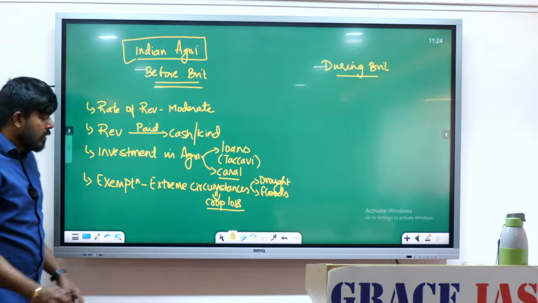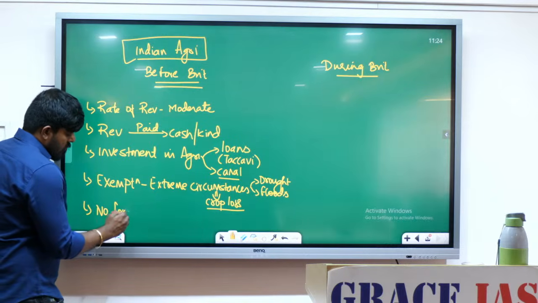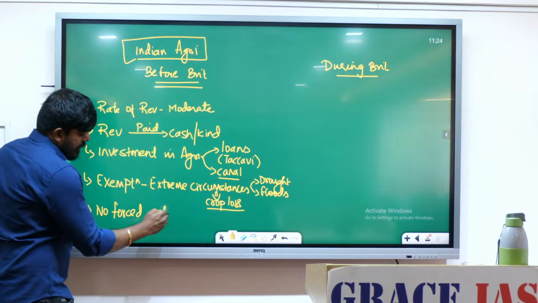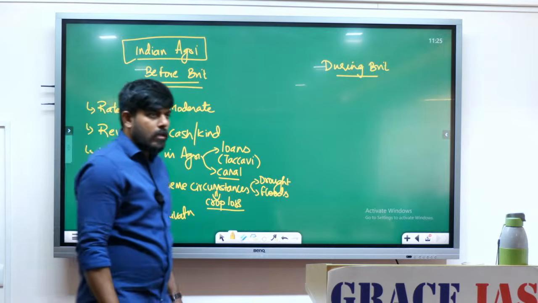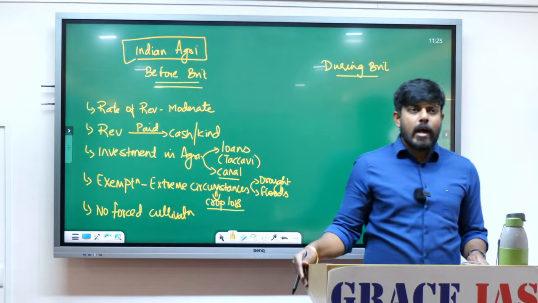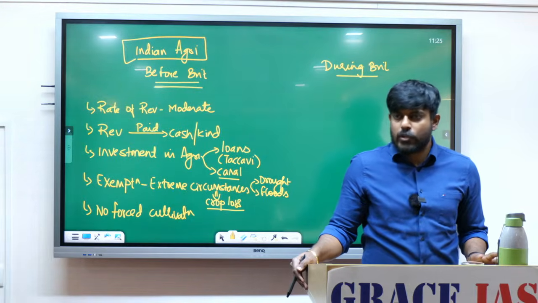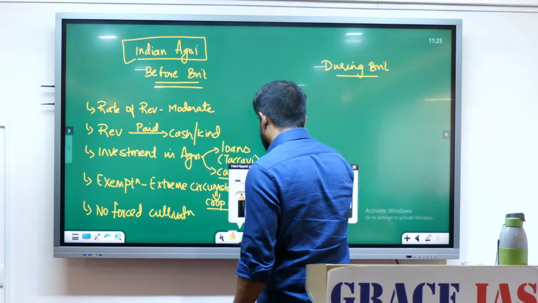And see, there was no forced cultivation. Kings did not force you to cultivate any particular crop. Nobody used to tell you. You had the liberty to cultivate the crop of your choice. And now, during the British rule,